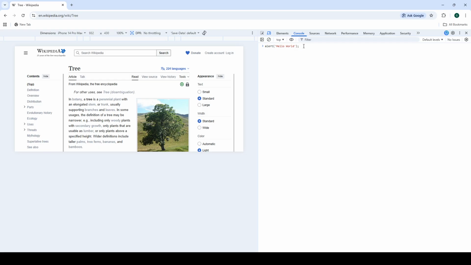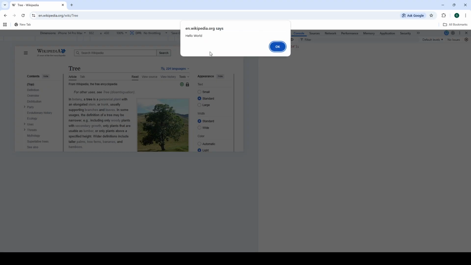When you are ready, press the Enter key on your keyboard. As soon as you press Enter, the code runs immediately. In this example, you should see the alert appear on the page right away. This instant feedback is one of the main advantages of using the console when you are learning or testing small